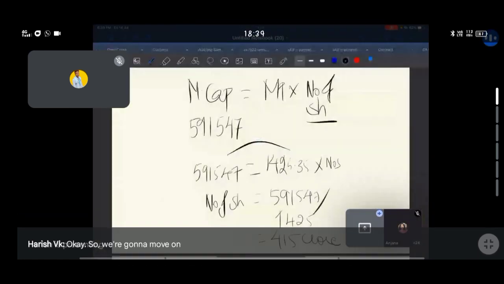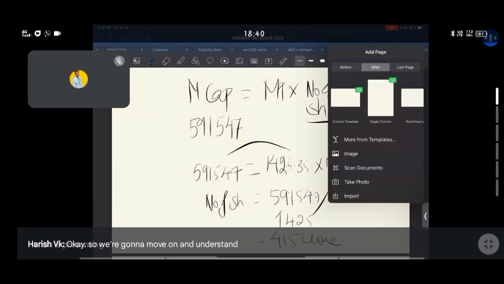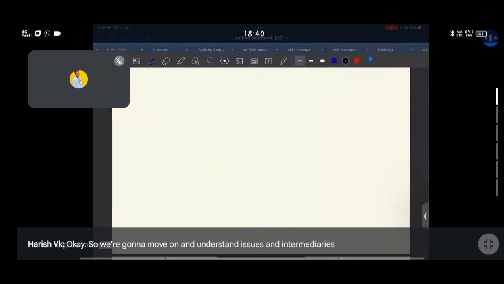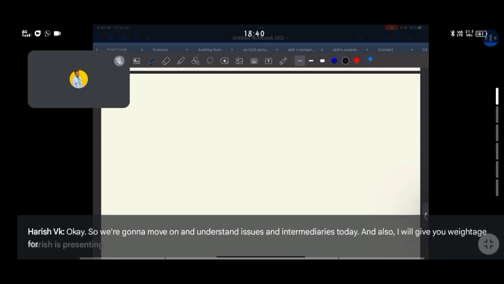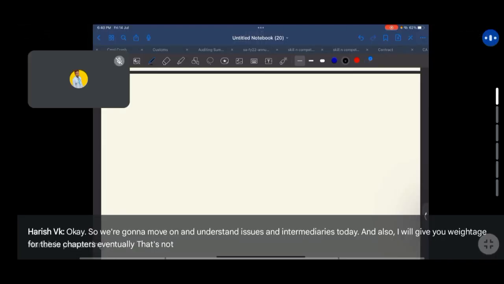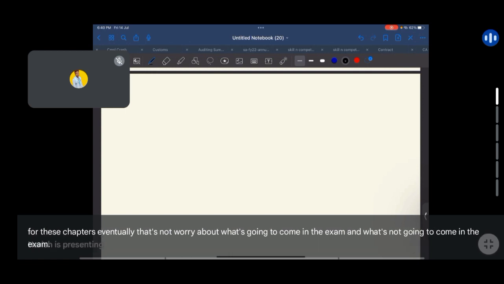So we're going to move on and understand issues and intermediaries today. And also I will give you weightage for these chapters eventually. Let's not worry about what's going to come in the exam and what's not. I'm also assuming some of you might still be in college, so I will provide you an alternate timetable towards the end of the class today, which you can use,